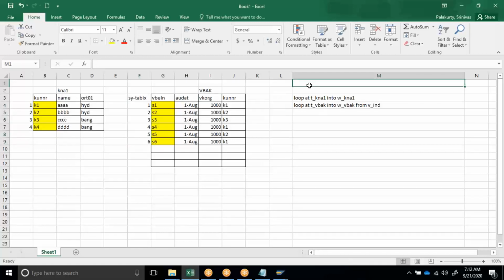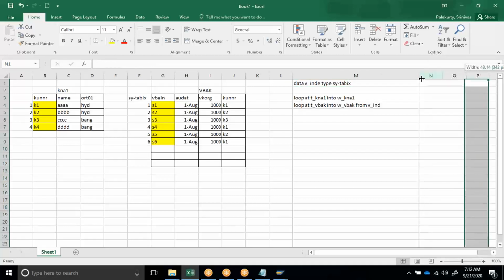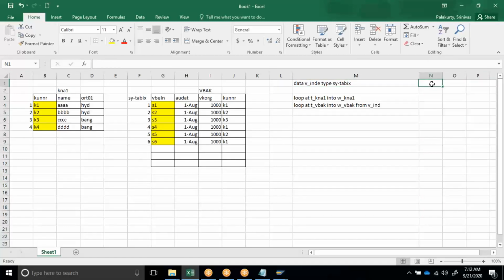When I declare a variable V_index, type SY-TABIX, it will have 0 in it. When you don't have any default values, the default value of SY-TABIX is 0. That means my pointer is pointing to the starting. Whenever you loop at the record, it will always start from the starting by default.